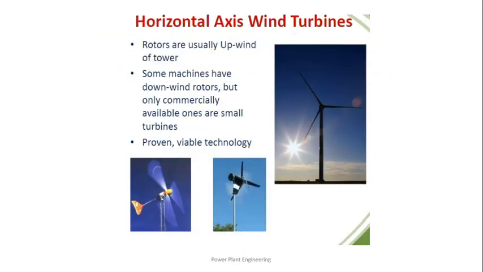Let's see first the horizontal axis wind turbine. This is the most common wind turbine design. In addition to being parallel to the ground, the axis of the blade rotation is parallel to the wind flow. Some machines are designed to operate in an upwind mode with the blades upwind of the tower. In this case, a tail vane is usually used to keep the blades facing into the wind. Other designs operate in a downwind mode so that the wind passes the tower before striking the blades.